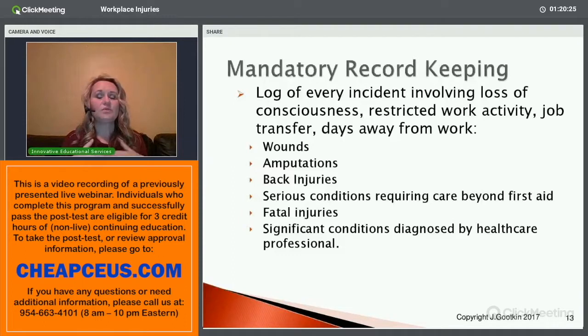That every incident where someone has restricted ability to work in any way, where they're unable to perform their specific work tasks, or they need to seek medical care, anything beyond basic first aid like a Band-Aid, if they need to seek any additional medical care, the employer has to keep a record of that. Everything significant from amputations to back injuries, fatalities,